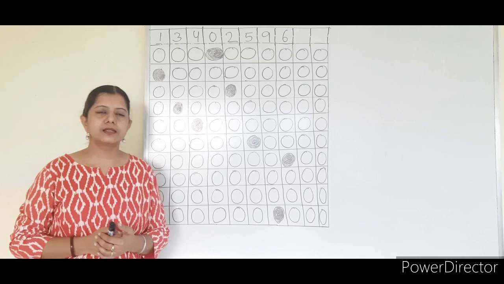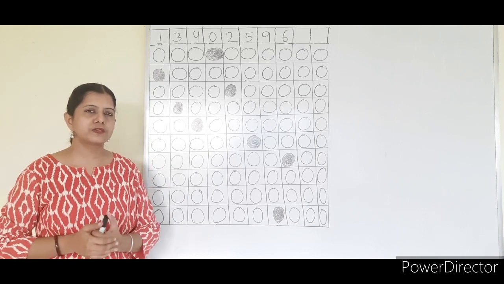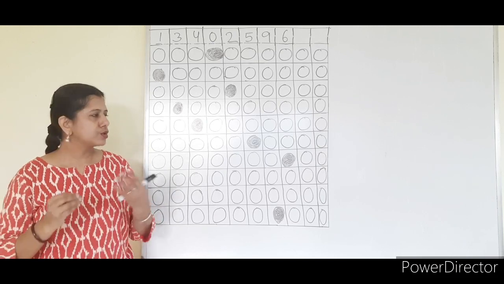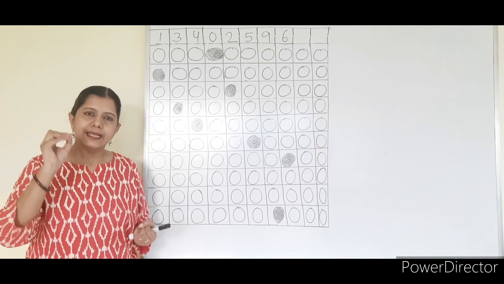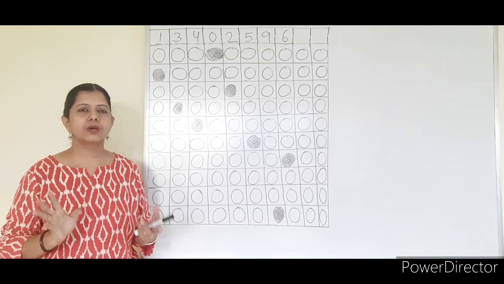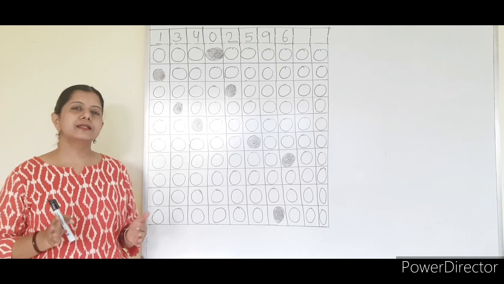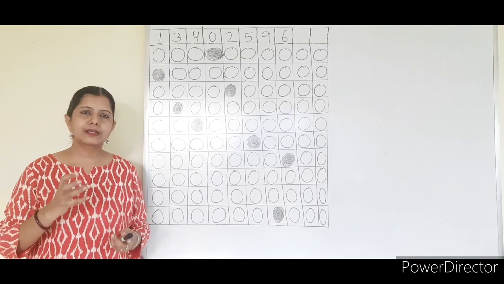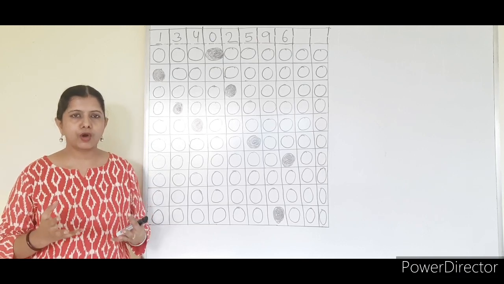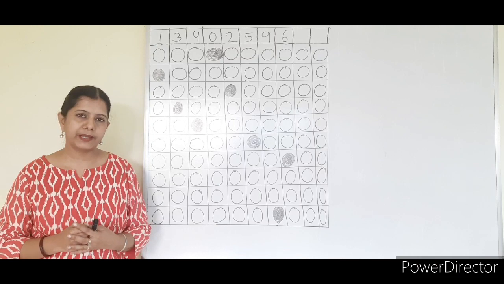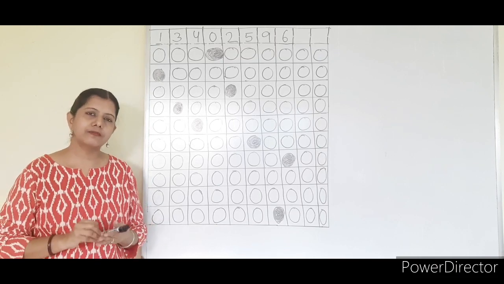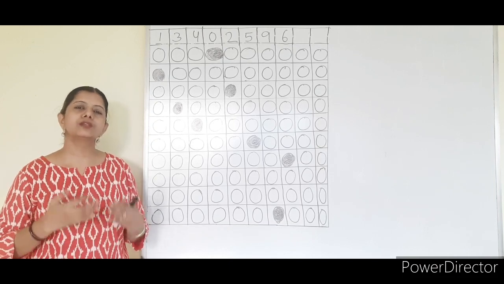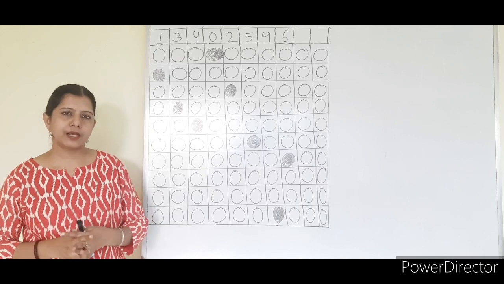Similarly, while writing the answers, you are going to get 4 options for each question: A, B, C, D, or 1, 2, 3, 4. Whichever is the correct answer for a particular question, you have to darken that portion. Please read the instructions before filling up the OMR form. It may be written that you should darken the circle with a black ballpoint pen or a blue ballpoint pen. If it is written black, you have to use black only. If it is written blue, you have to use blue only. These things you have to follow.